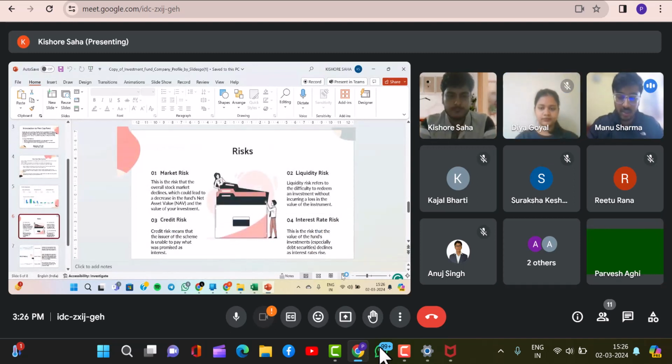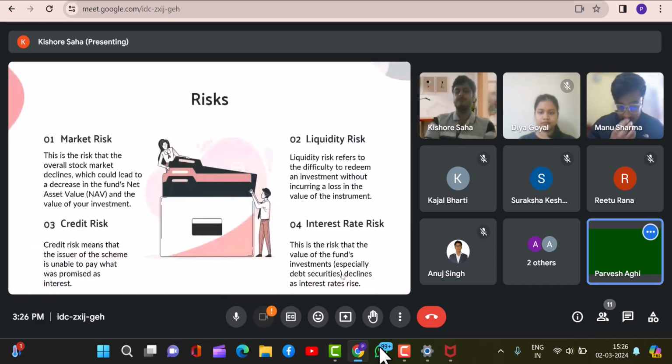So moving on to the risks. First we'll talk about the general risk of a mutual fund, and then we'll move on to the risk ratios. So there are basically four kinds of risks that a mutual fund usually faces. The first risk is market risk. So we've heard the phrase